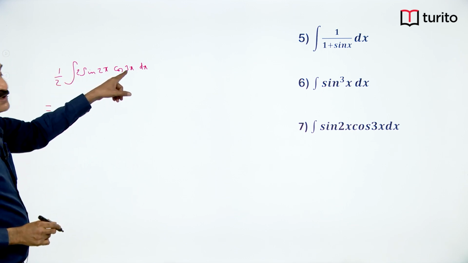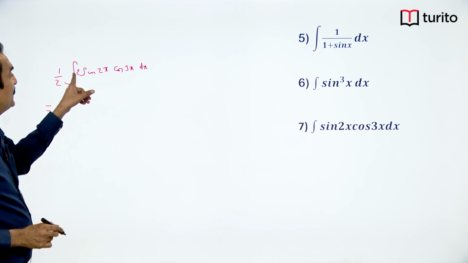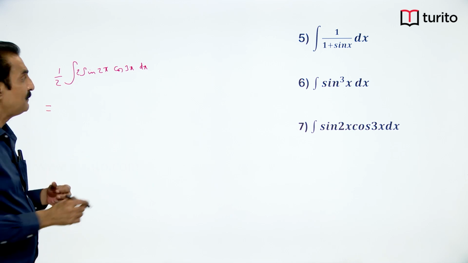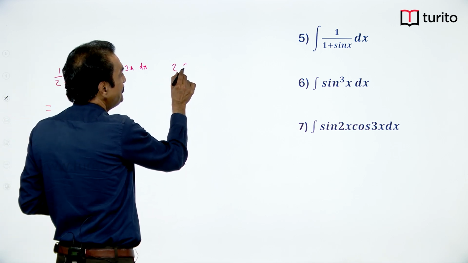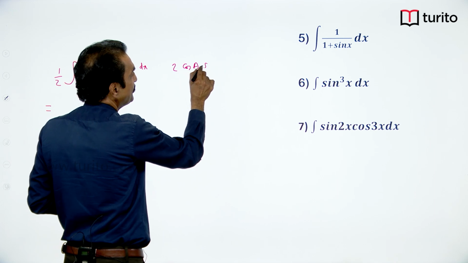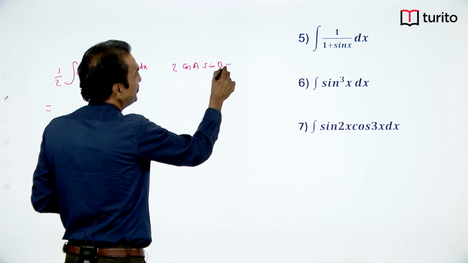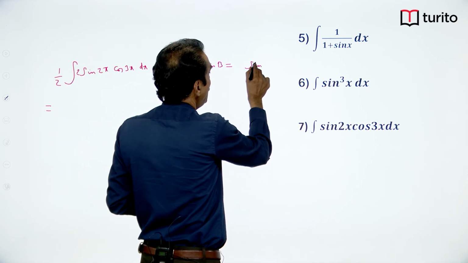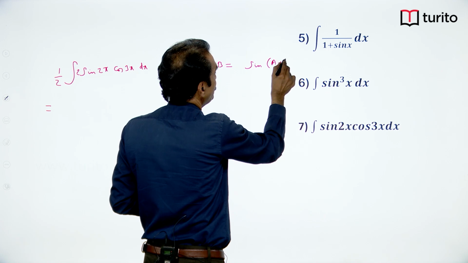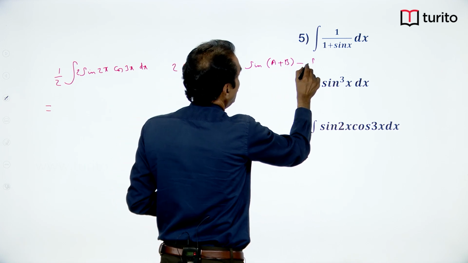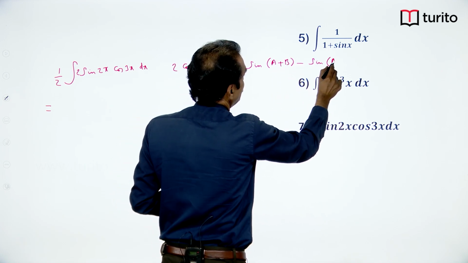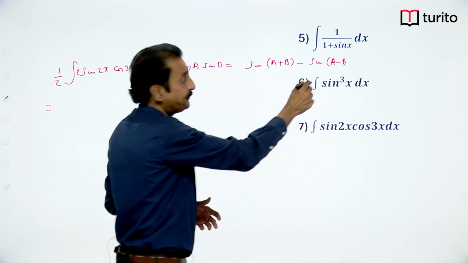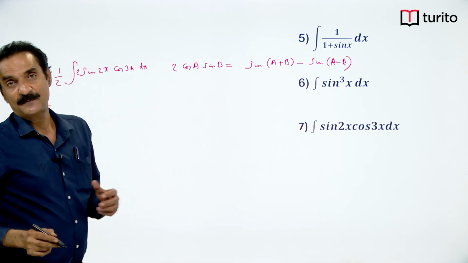Then take larger angle as A, smaller angle as B. It is 2 cos A sin B. What is the formula? 2 cos A sin B is equal to, in trigonometry transformations, sin A plus B minus sin A minus B. It is a formula. So, by using that formula,